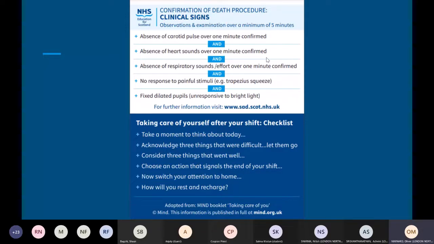So obviously making sure that if the patient's next of kin's there with you, explaining what you're doing as you go along. And obviously if you're getting your phone out, it's important just to explain that you're just timing it and that you have to remain quiet. We can use an ECG if you're unsure. Often when you're listening for the heart sounds, you can hear the movement of your hand or hear the stethoscope rubbing against their chest, which can put you off. So in that situation, you can ask for an ECG and obviously be checking for asystole.